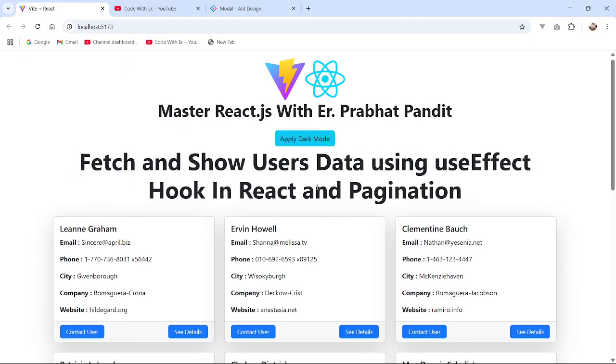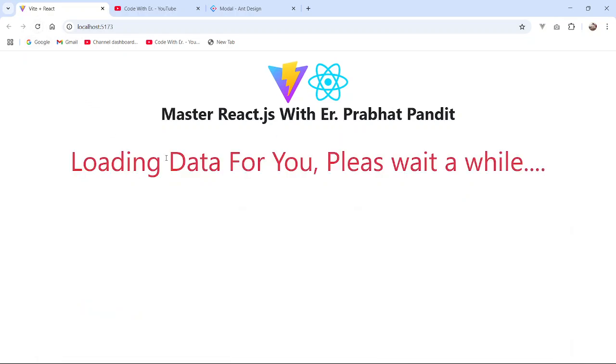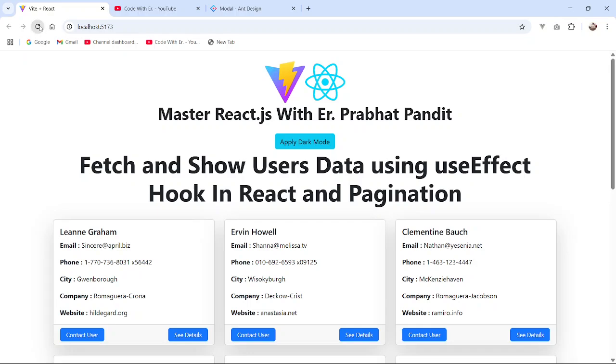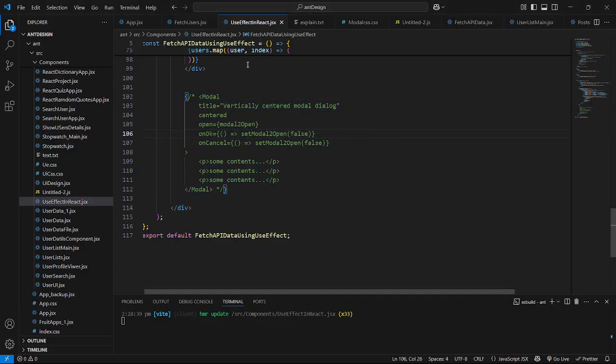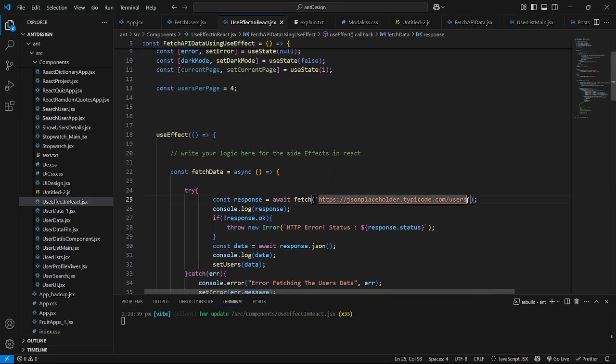You can see we are also showing the fetching the data message to the user. You can see fetching the data is shown here. You can see, please wait. Now let me make this URL a wrong URL,